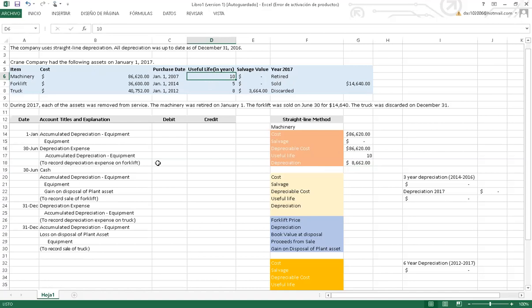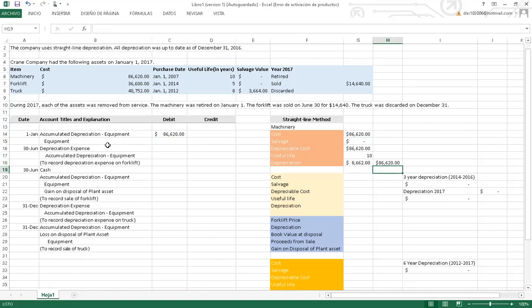So in this case, the only journal entry that we're gonna make is to report the entire accumulated depreciation of the equipment that is going to be equal to the cost of the machinery, because if we multiply the depreciation times the 10 years, it's going to be the same amount as the cost,